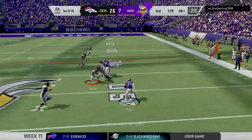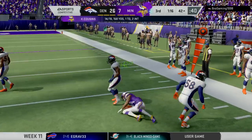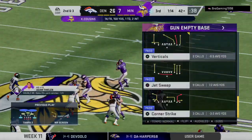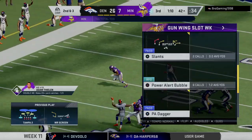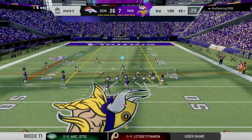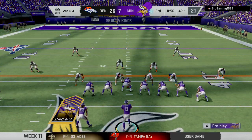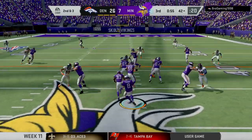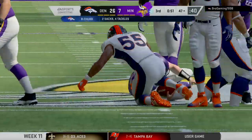Cousins again. He's got it complete to Diggs, right side. Brought down, but after we saw a flashy little move, stopped short of the 40. 7 yards, the pickup on the pitch and catch. It's a game of matchups, and that's why you take your receivers and move them around a bunch, especially your best guys. And when they work out of the slot, you often hear